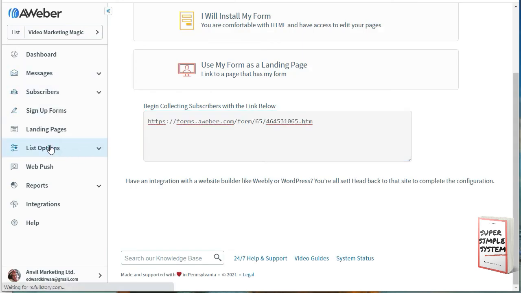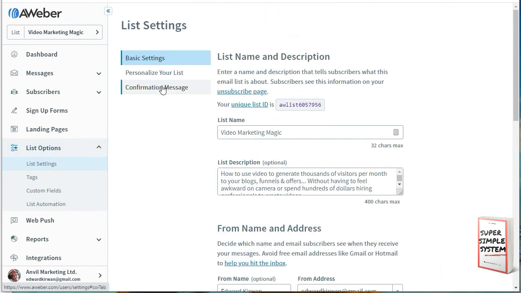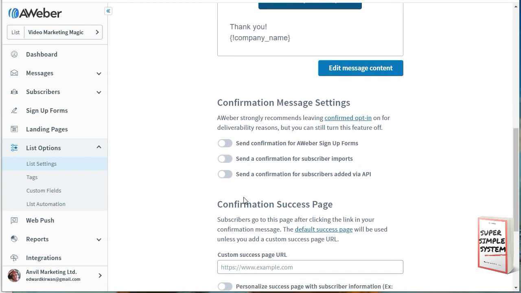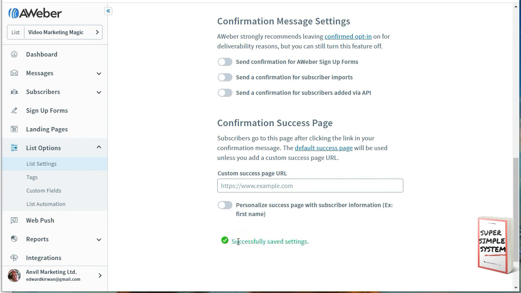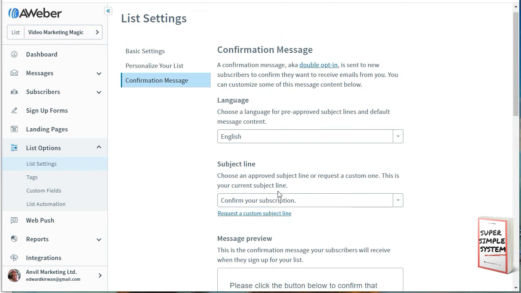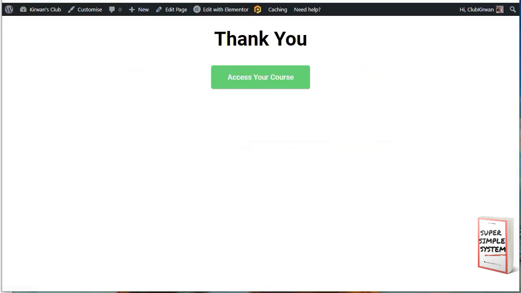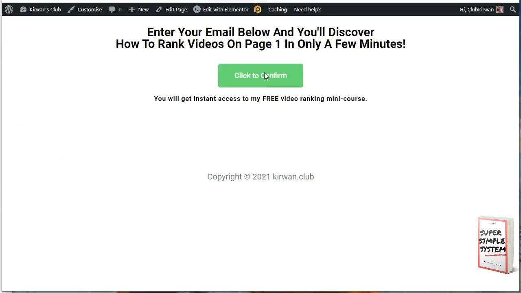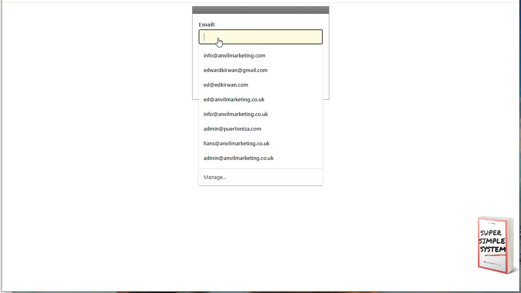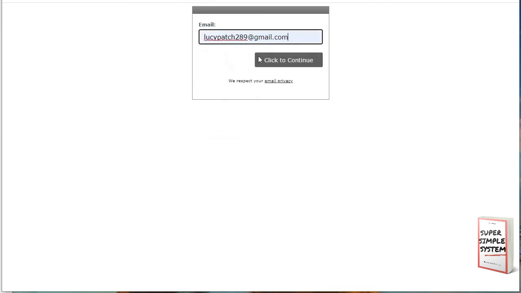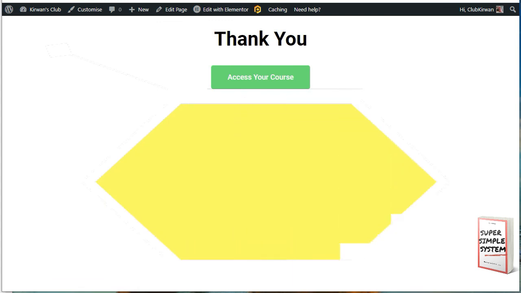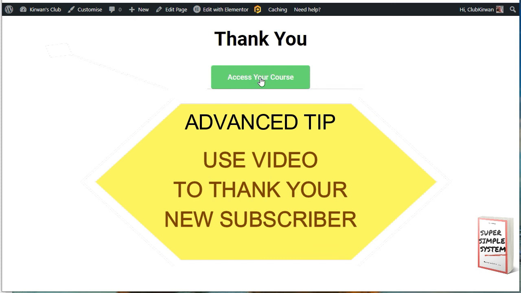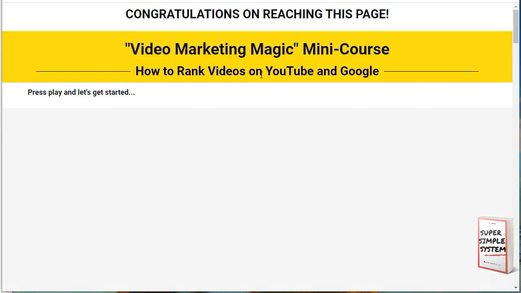So let's go to our list options, back in AWeber, confirmation message. We want this turned off. Save all settings. We want to make sure that these are not green, okay? So save all settings. So this time, when we try it, it's always good to see when things don't go quite right, because it shows you how to correct the mistakes. There, okay, so now you know how to turn off the confirmation as well, and then we can access the course, go straight to the Video Marketing Magic training course, okay,